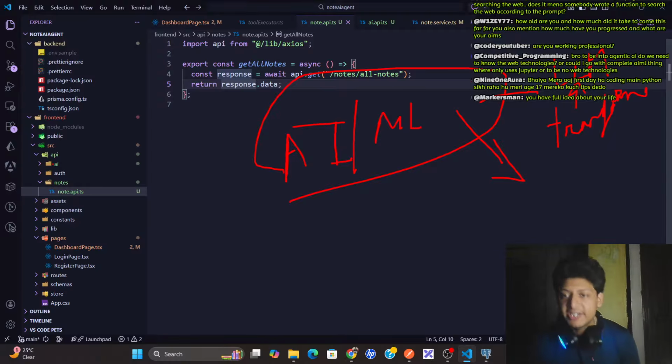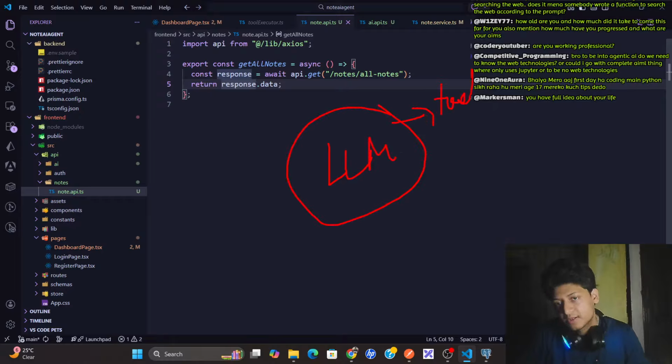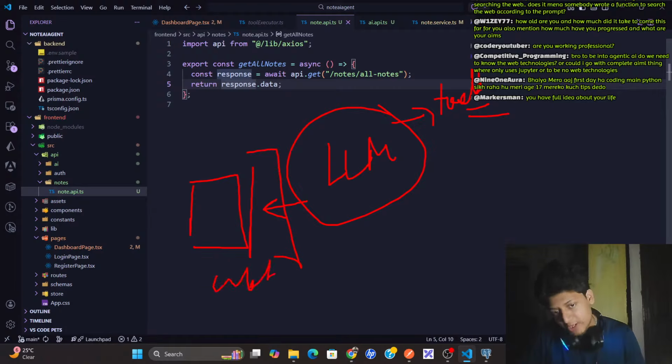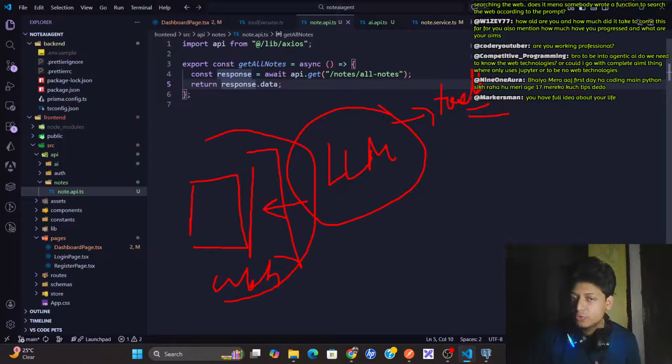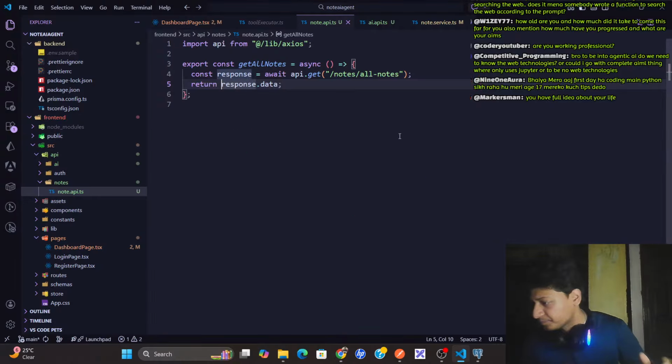But if you want to go into agentic AI, what is agentic AI? Agentic AI is using the current pre-built LLMs and just giving them access to tools. But for people to use this agent, they need a client side and a backend side. So for this, you need web technology. If you want to get into agentic AI, you should learn web technology, because it will help you get your agent in front of people. And for agentic AI itself, you just need to learn about API calls. So that's the thing.